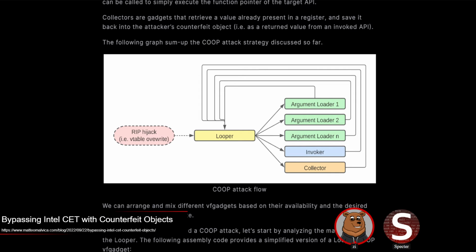You're not crafting your own vtable like you would with just overwriting a vtable pointer. You're still pointing at a valid vtable, just maybe offset into it so the function that it resolves is not the right function. And from that, you're going to create your gadgets, which use the